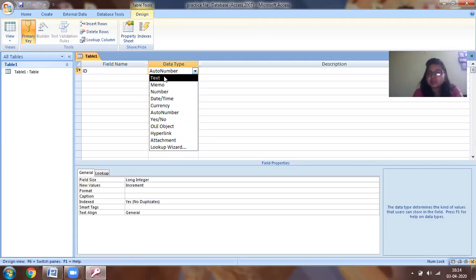Text is anything related to alphabets, words. Memo is nothing but the storing of data. Number, probably I want my data to be in number. So I'm specifying my field name to be specifically in number.